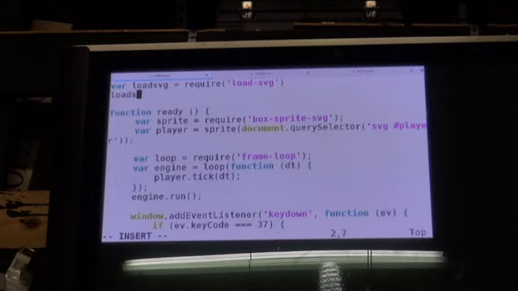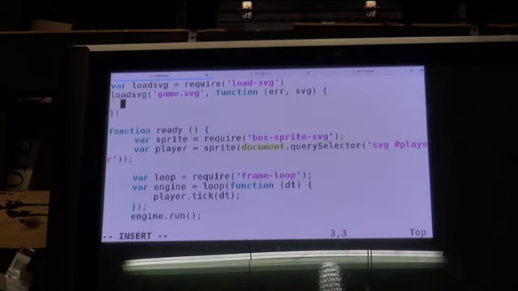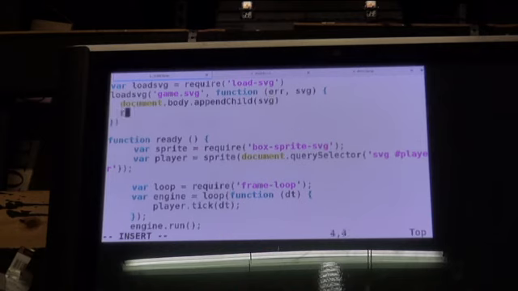So loadSVG, game.svg, and function err, svg. I think that's what it is. So now we document.body.appendChild(svg), and we're ready. Make sense? Okay, so if we do all of that stuff, now we can make a game.svg file,